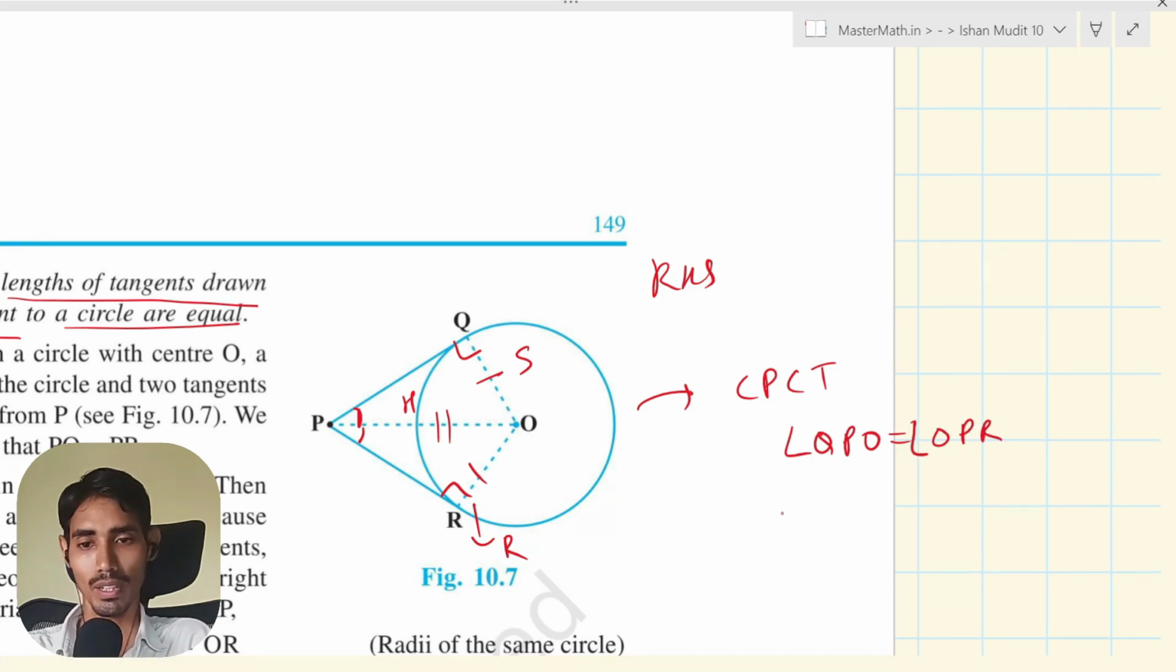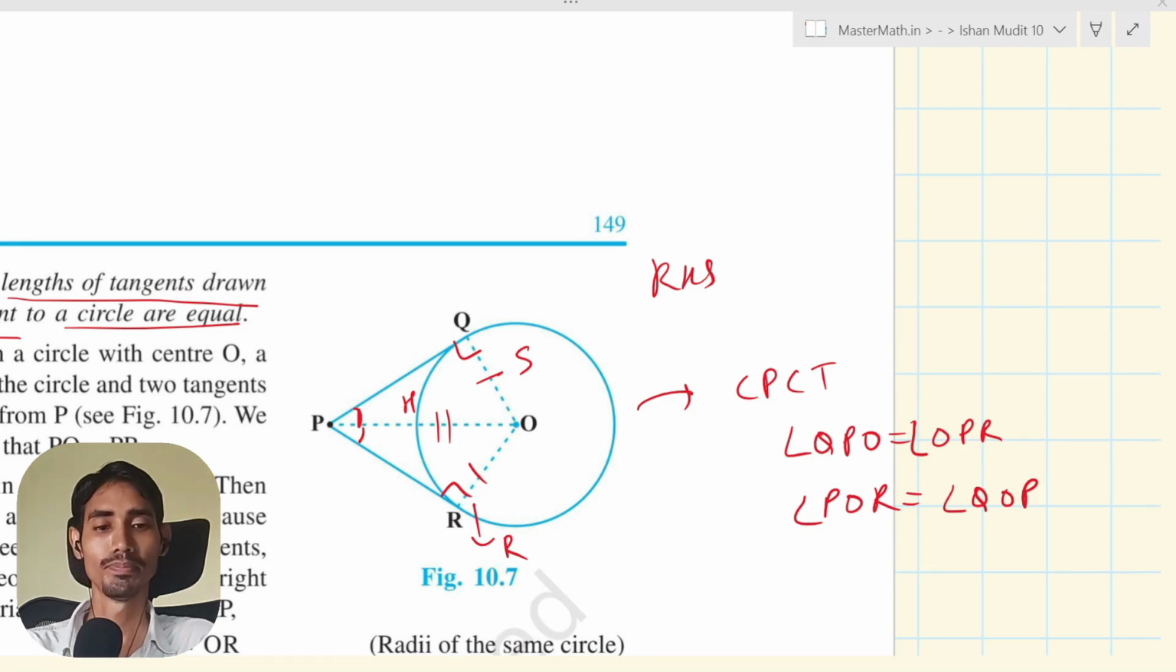OPR, and also POR is equal to QOP. Easy? All right. We need to keep this in our mind that this is also true whenever we are given a